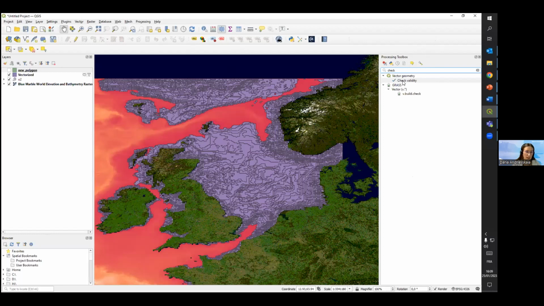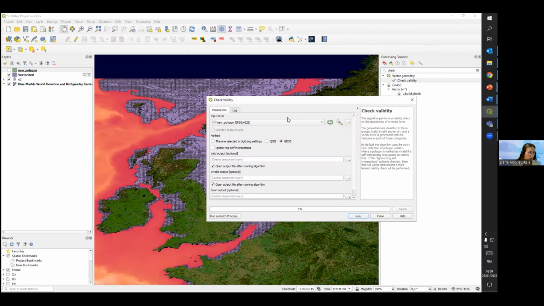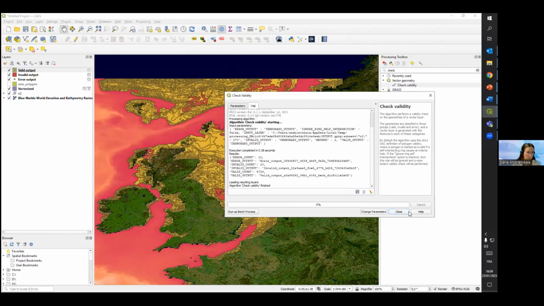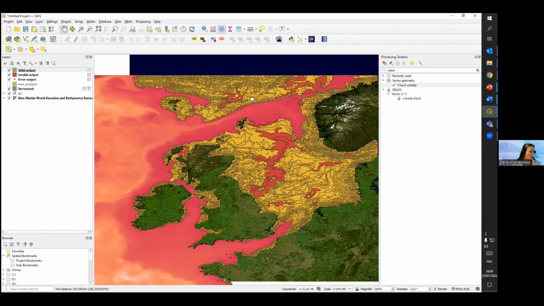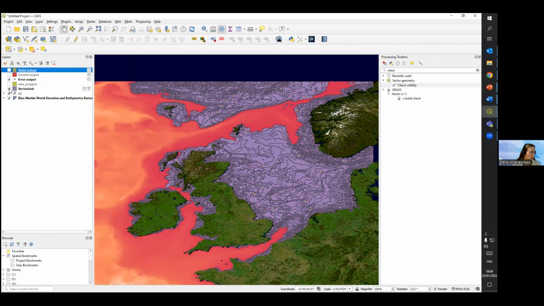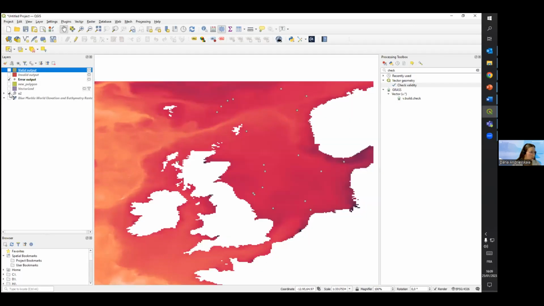So you go to Check Validity, and here you can check the validity of your geometries. For example, we want vectorized because it was said before that vectorized has invalid geometries. So we put it, we run, and we close just to see. I'll uncheck this because it's a bit